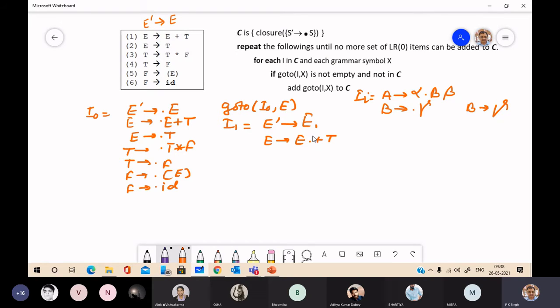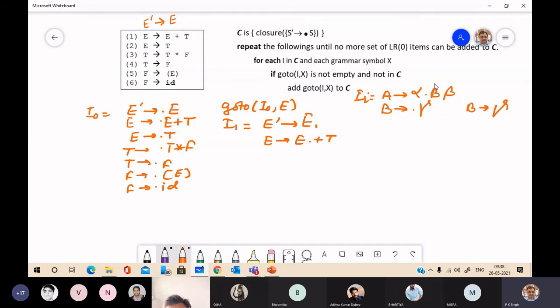Now again we look to complete this item set for closure items. If you see the rule for adding closure items, you can add closure items if you have a non-terminal just after the dot.